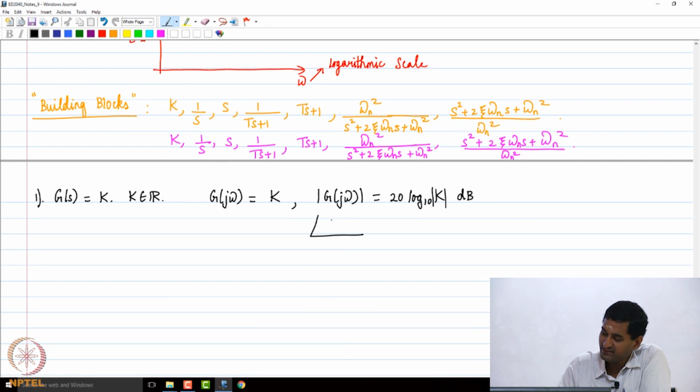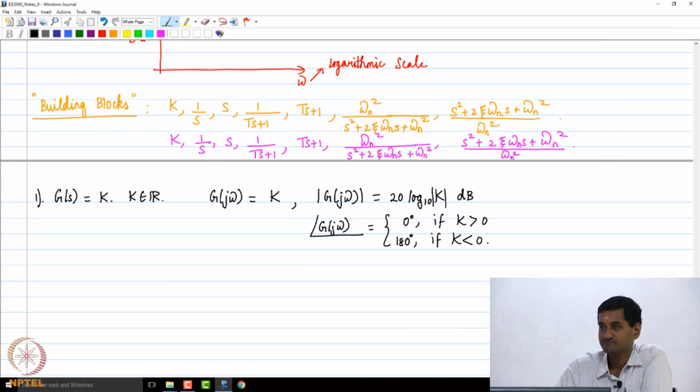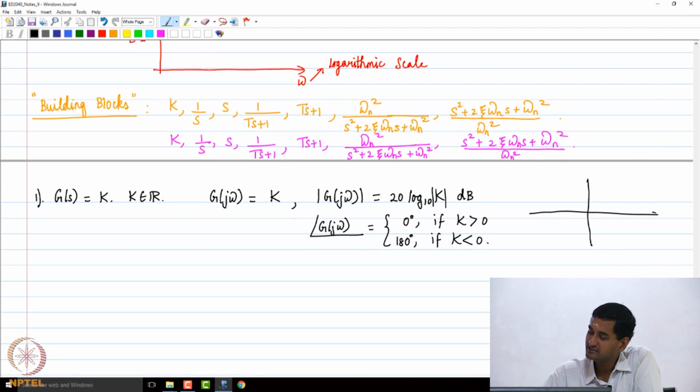What can you say about the phase of G(jω)? It is going to be 0 degrees if k is greater than 0. It is going to be 180 degrees if k is less than 0, right? Why? Because if I plot the complex plane, what I call the G(s) plane,